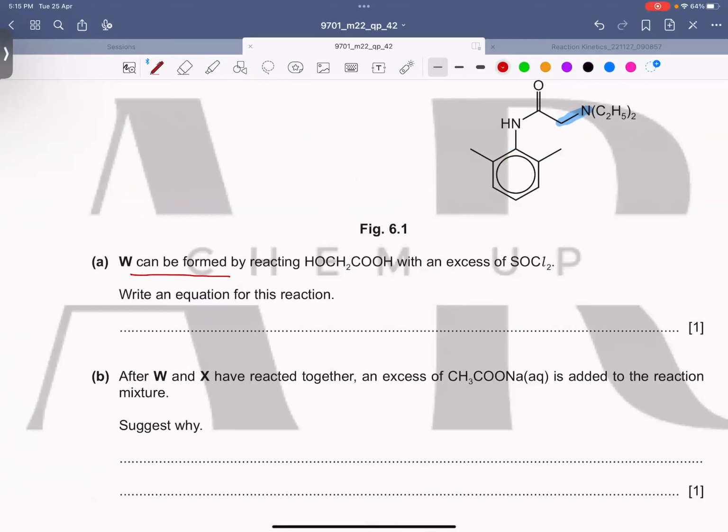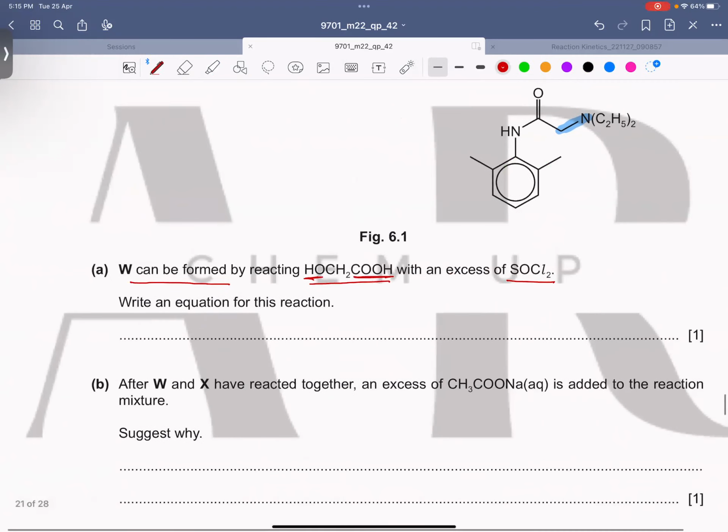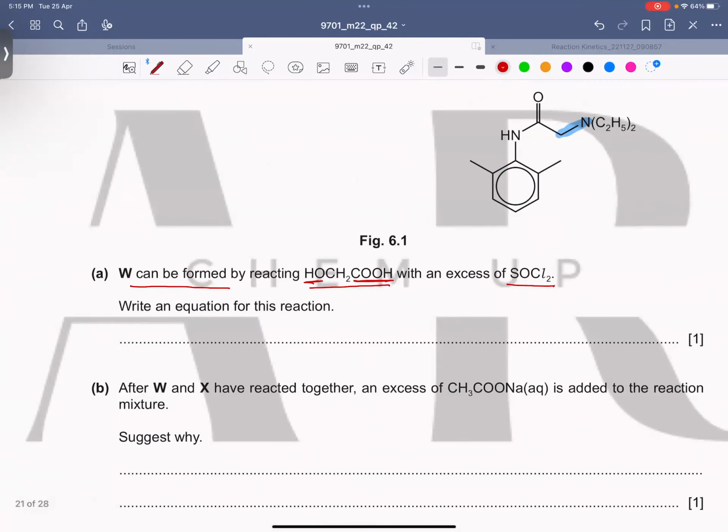W can be formed by reacting OHCH2COOH with an excess of SOCl2. Okay, here we have an alcohol and here we have a carboxylic acid. Write an equation for this reaction. So I think this kind of equation we did in the previous paper as well. So when we use SOCl2, or besides SOCl2 we use PCl3 or PCl5, any of these reagents,